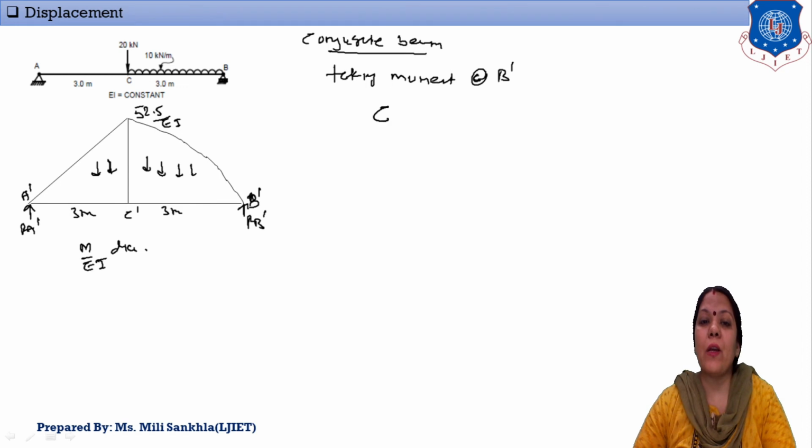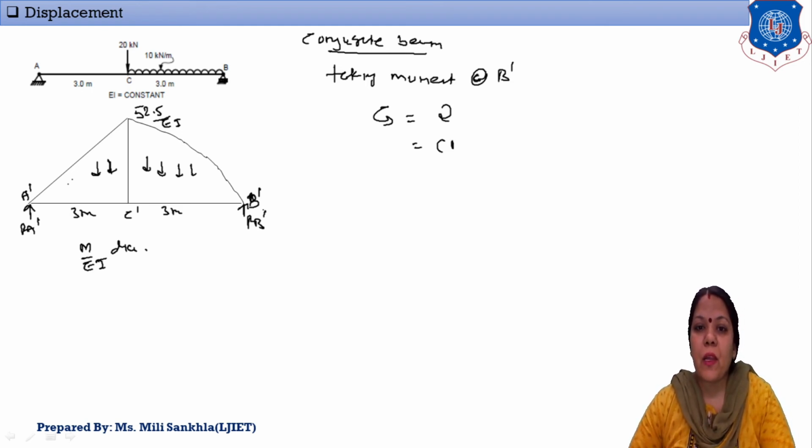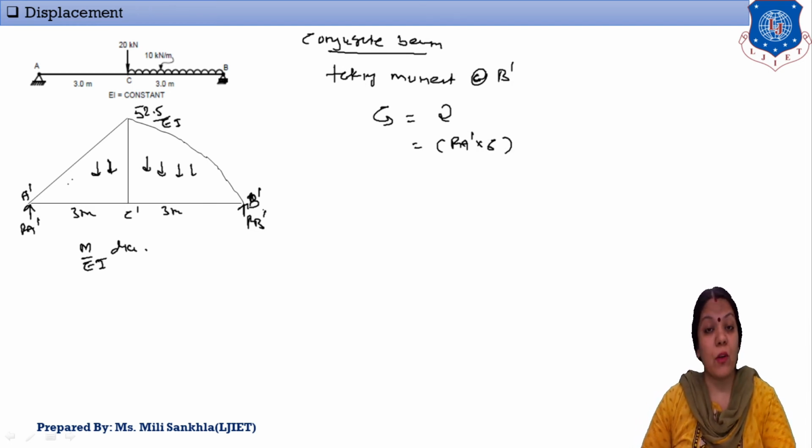Again compare anti-clockwise moment with clockwise moment. Now this RA dash rotates clockwise. So write on the clockwise side RA dash with respect to this B, distance is 6 meter, so RA dash into distance 6 meter. Clear? Okay, our first moment, RA dash into 6, I mentioned. Now this given number of forces rotate anti-clockwise with respect to this B point, so I mention them on the anti-clockwise side.